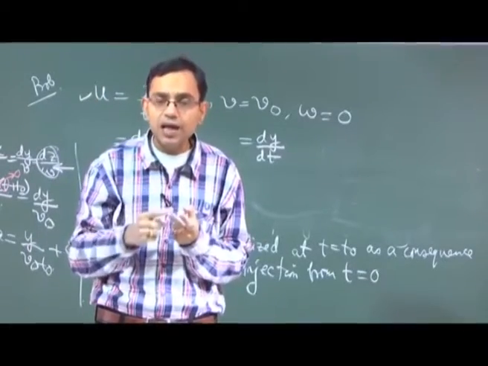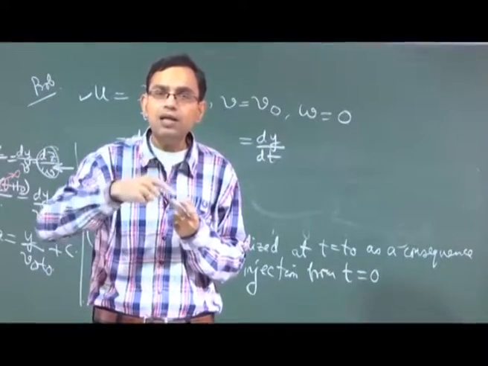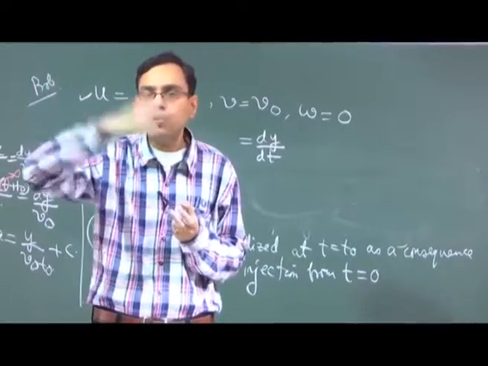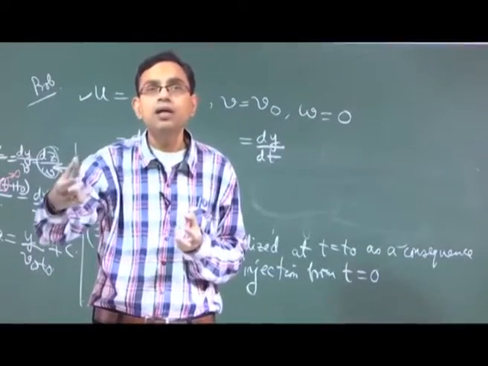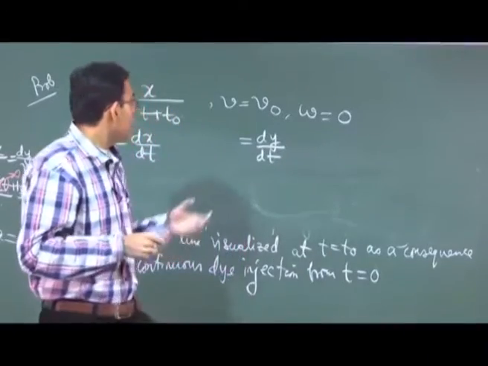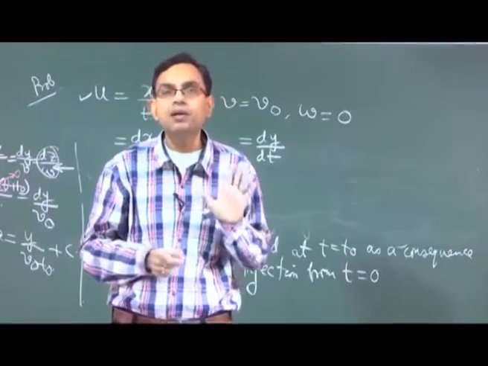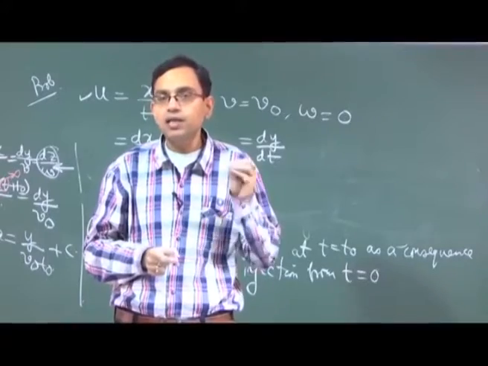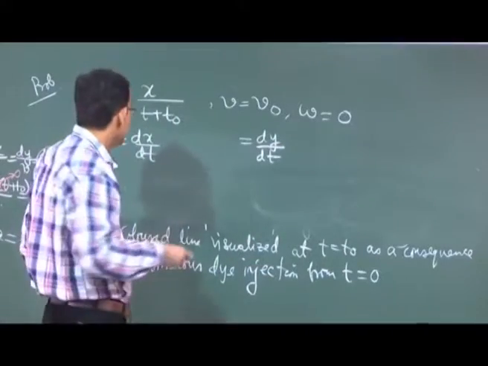In case of streak line, at the same point you injected the particle, but the particle is continuously being injected over a period of time and you want to see the locus at now, not as a function of time but at a given final time. So, for the path line the initial time is fixed but the final time is variable. For the streak line the initial time is variable, the injection time, but the final time is fixed. So, it is just the other way around.